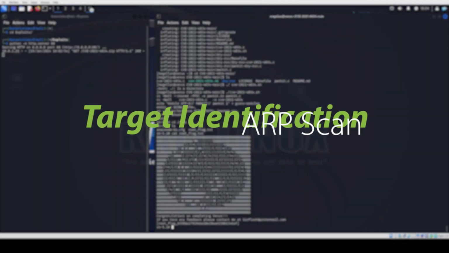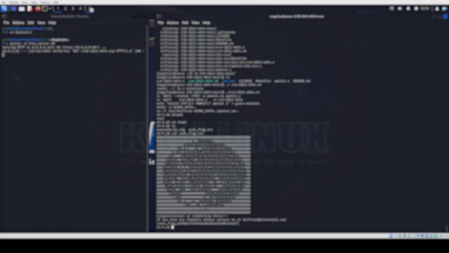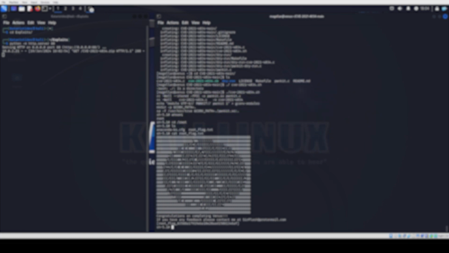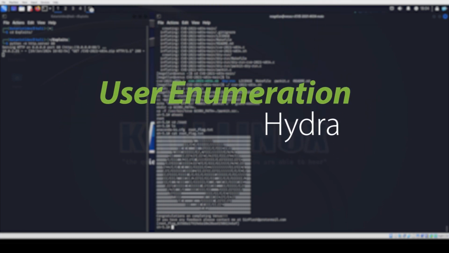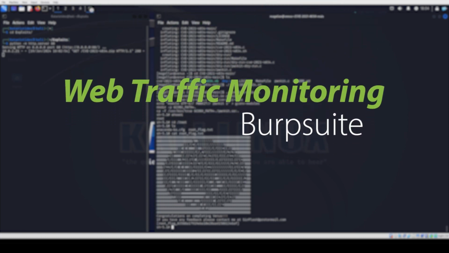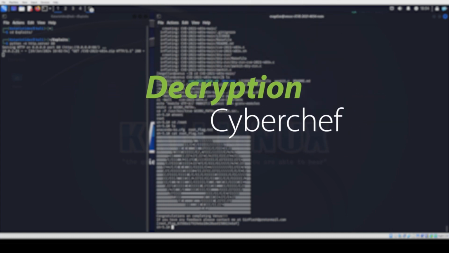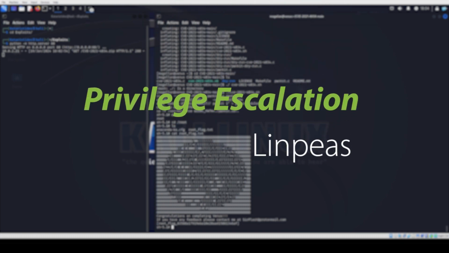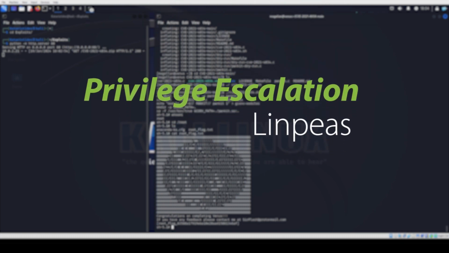In summary, we identified our target machine using an ARP scan, used directory enumeration to uncover additional web pages, used Hydra to enumerate additional usernames, and used Burp Suite to monitor what data was being sent. We then manipulated this information to uncover other passwords, which we decrypted and used to SSH onto the target system. From there, we used linPEAS to search for a privilege escalation exploit, which we uploaded and executed on the target machine to give